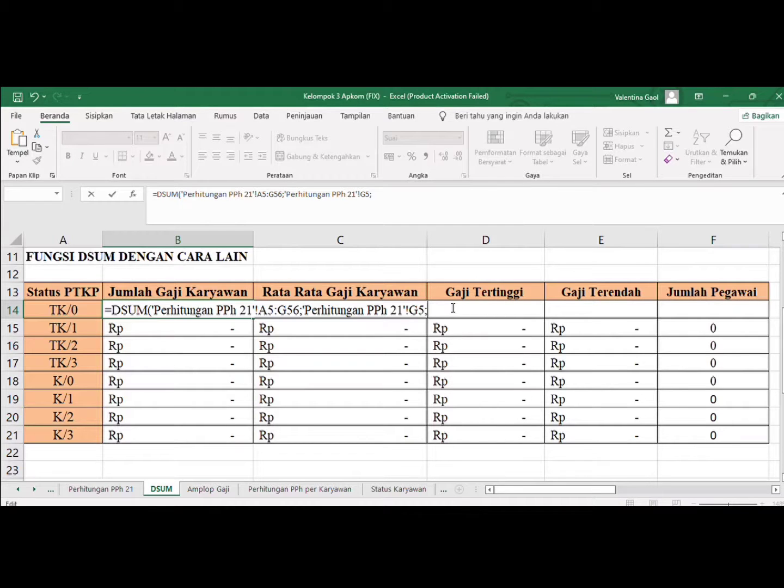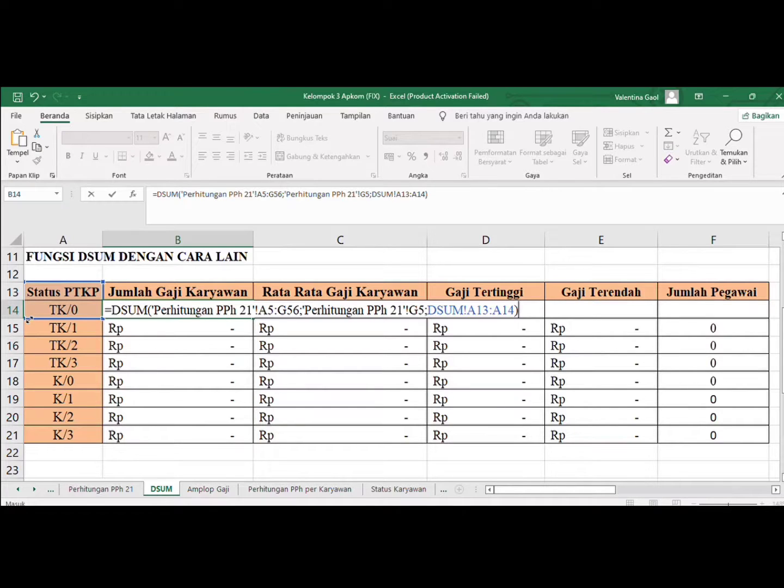After that, the criteria are taken from this PTKP status, so we block A13 to A14. Okay, close brackets. The result of the total employee salaries for TK0 comes out to be